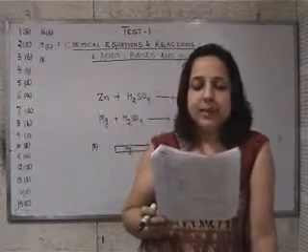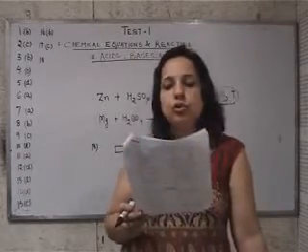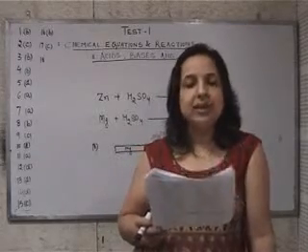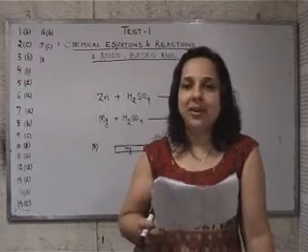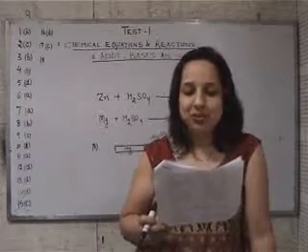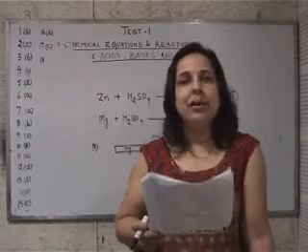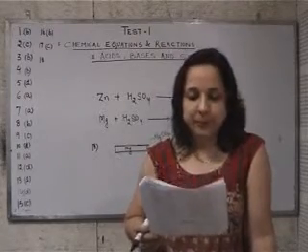Next, the options for the 18th question. B, to remove the layer of magnesium oxide, is not correct. C is to remove the layer of rust. Rust is only on iron, not on magnesium. D is to remove the layer of magnesium hydroxide. Magnesium hydroxide is not formed when magnesium ribbon is exposed to air.